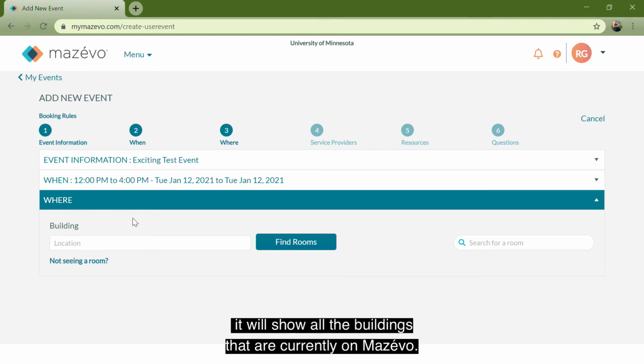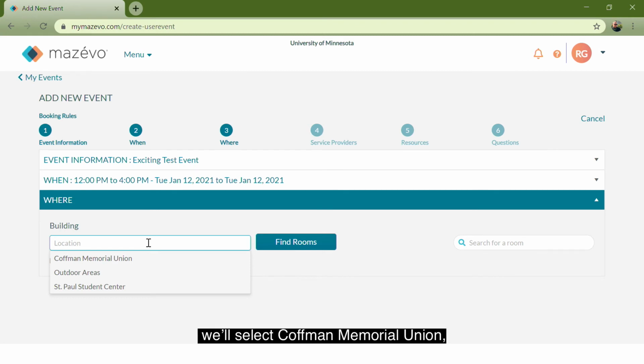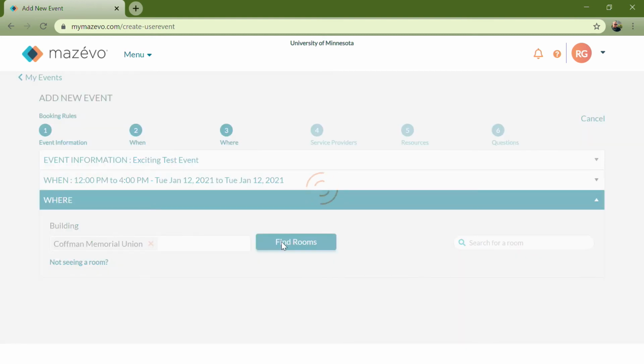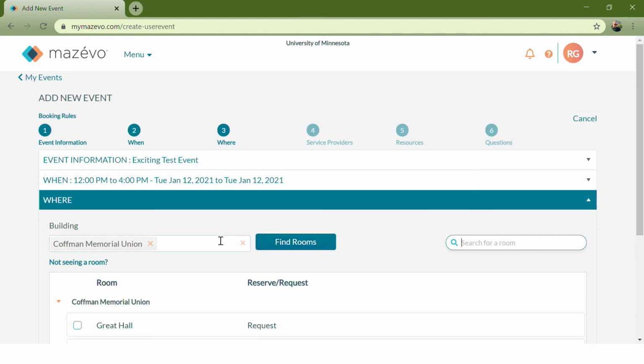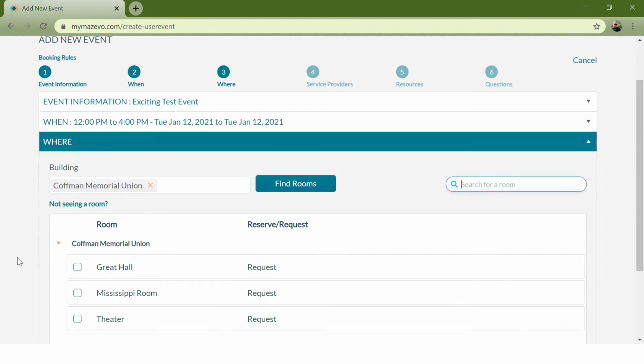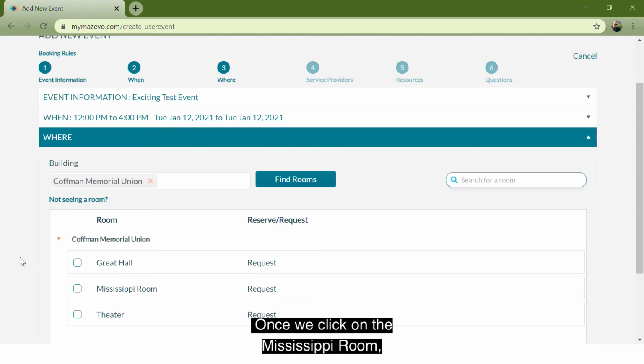For building, it will show all the buildings that are currently on Mazevo. Being that we want to reserve the Mississippi room, we'll select Kaufman Memorial Union. And then we can go from here. If you do end up going directly into My Events to reserve an event space and don't see the room you'd like, that means that someone has put in a request for the room. Once we click on the Mississippi room,